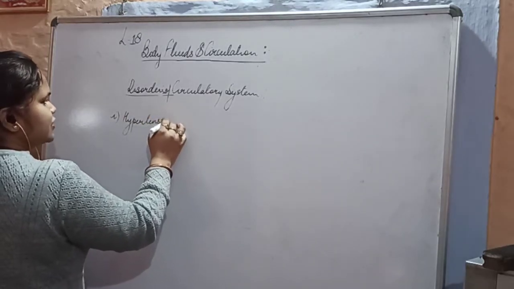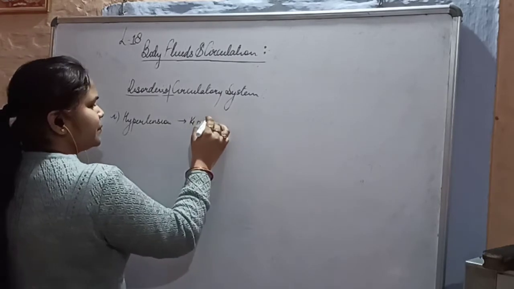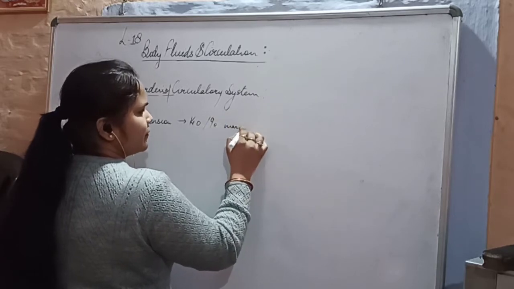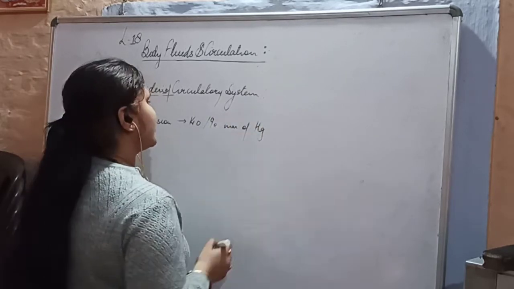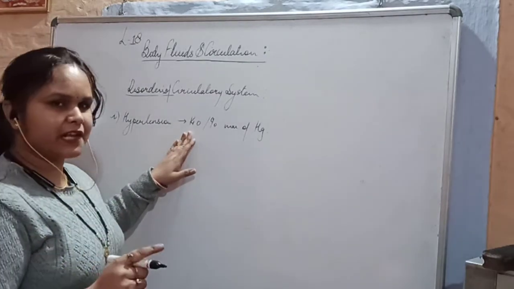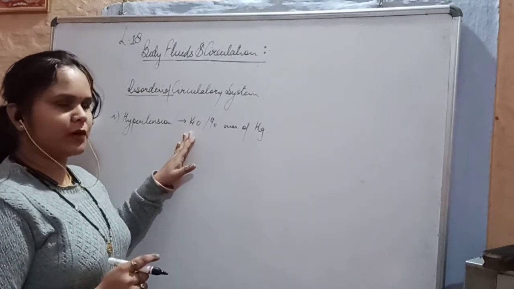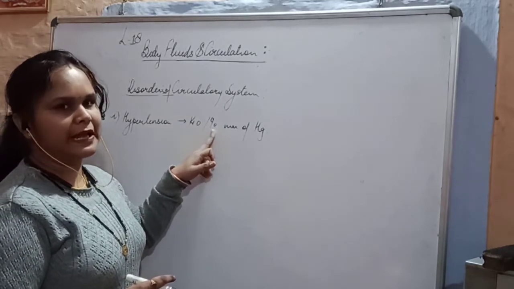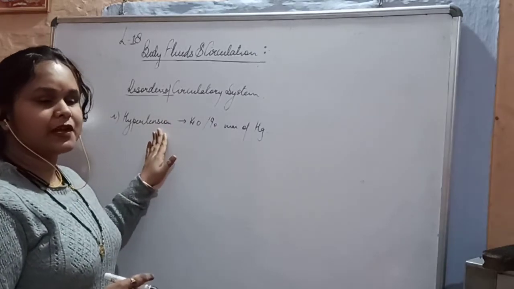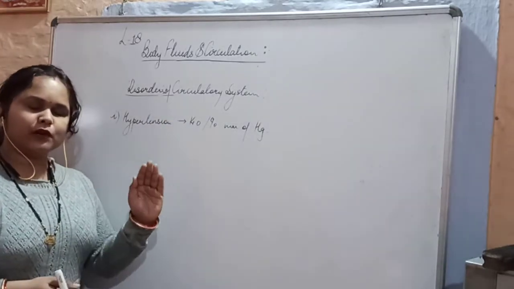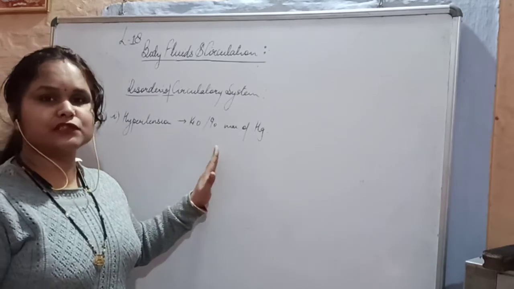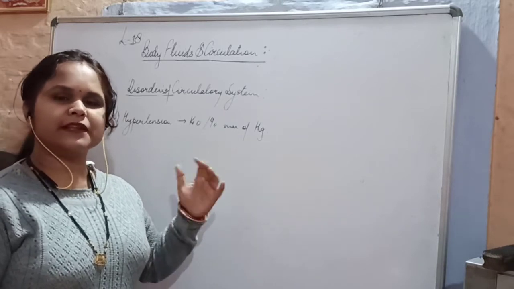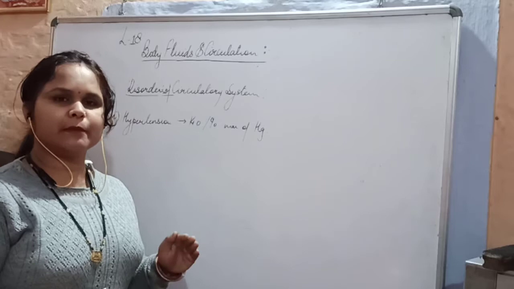When a patient's blood pressure increases above 140 and 90 mm of Hg, that condition is called hypertension. 120 was the ideal value, and if the systolic blood pressure goes above 140 and the diastolic blood pressure goes above 90, that condition is called hypertension. Whenever there is hypertension, it not only affects your heart, but it also affects your brain as well as the kidney. So the BP should be kept regulated by lowering the amount of salt and all. We can regulate the amount of BP.